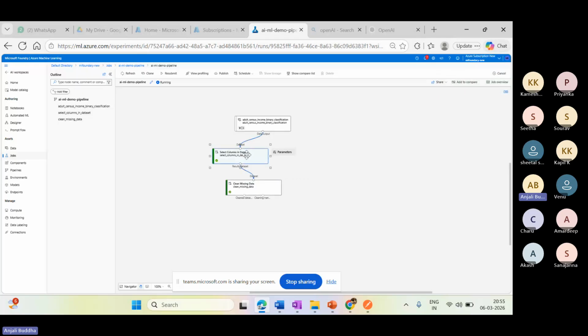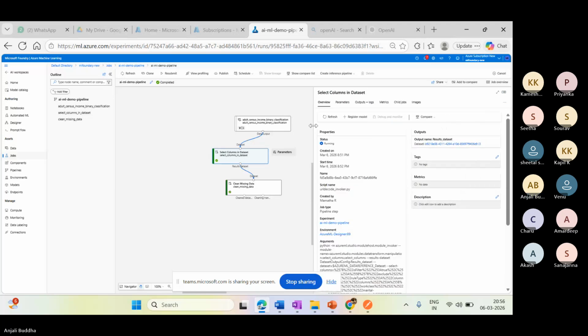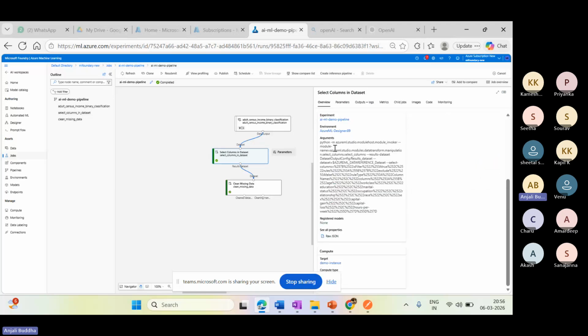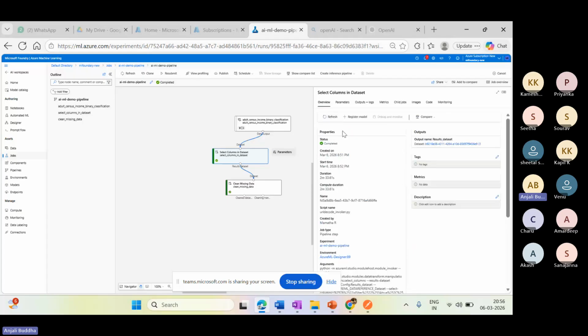Now we can check what has happened. We can just go here, and this is our arguments, and we can see it's still showing running status. I think it has to refresh. Yeah, so it's been completed.